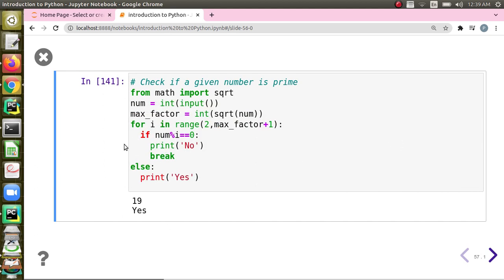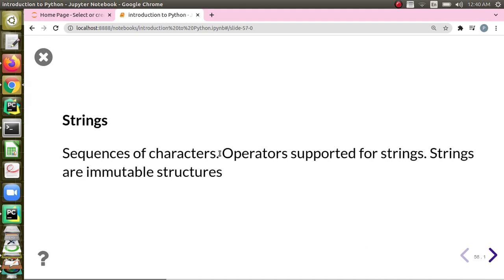And this else part is the else for the for loop. To understand whether this is else for if or for, just see the indentation. This is the else for the for. Here I will print yes. What I mean by this is, if the else part of the for is getting executed, I can understand that I didn't break the loop. If I didn't break the loop, I understand that I didn't meet a factor. That's what is observed.